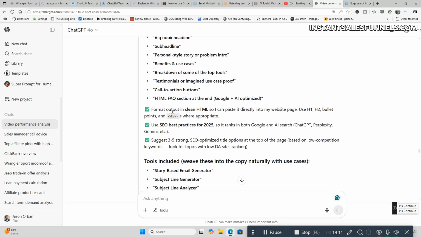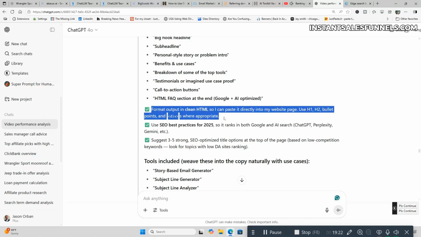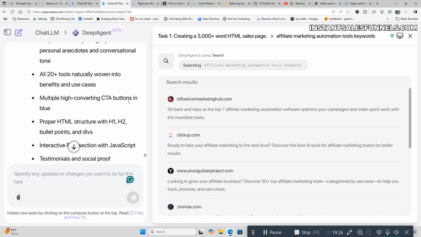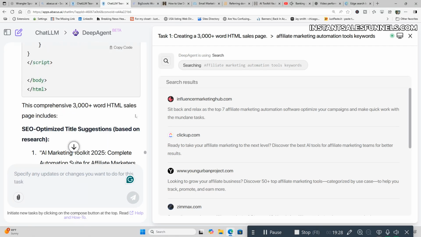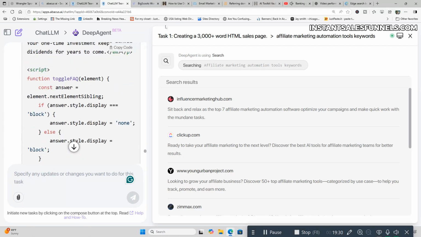So format output as clean HTML so I can paste it directly into my WordPress page. Use header 1, header 2, bullet points, and dividers where appropriate. This is it right here. This is the big part where it's going to give you the actual HTML that you need that I showed you to copy and paste, which is right here. And it's going to turn into, obviously, what I showed you,